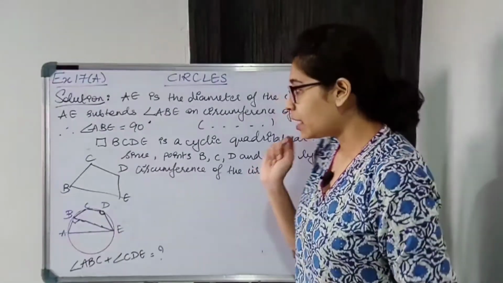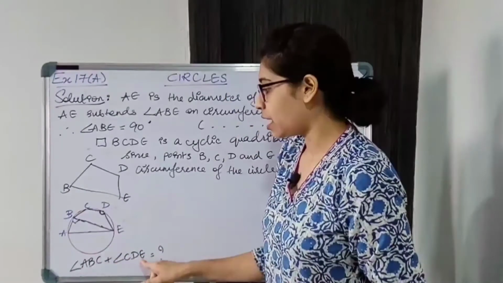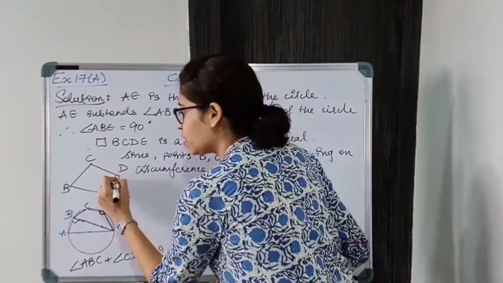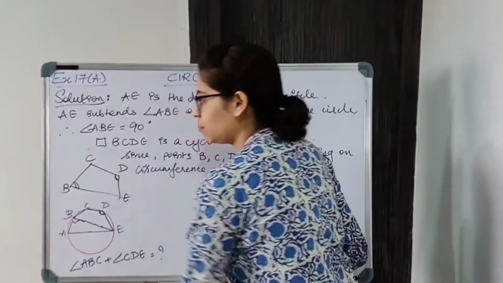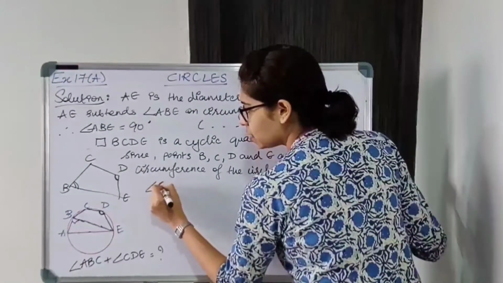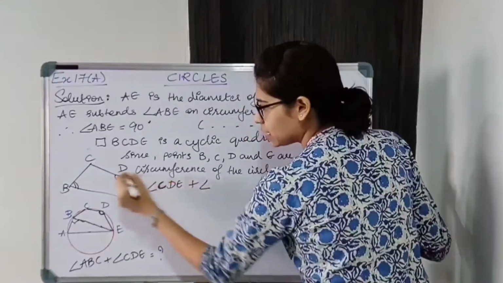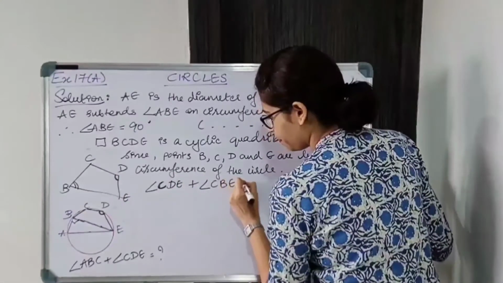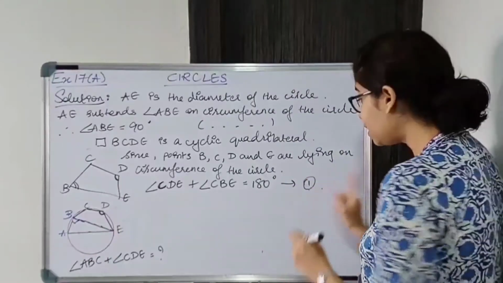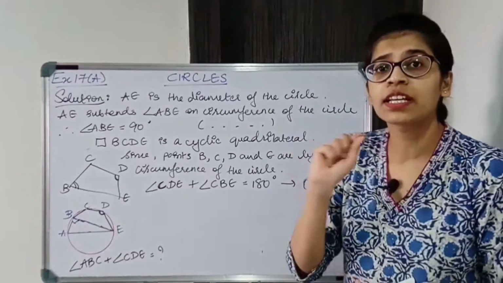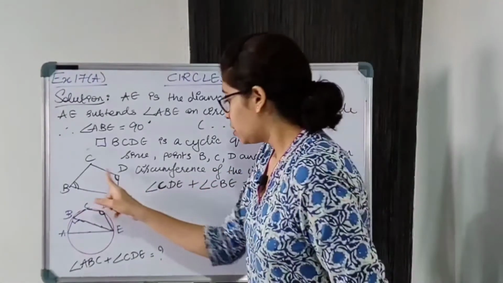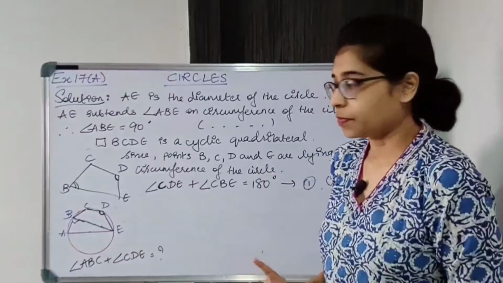Okay, now ABC and CDE hai. Are any of these angles over here? Yes, I have angle CDE, so we'll consider this angle and its opposite angle. Correct? So angle CDE plus angle CBE is equal to 180 degrees. Mark this as 1. Okay, and give reason over here. Opposite angles of cyclic quadrilateral are supplementary. Now CDE plus CBE मिल गया, but what is our aim?